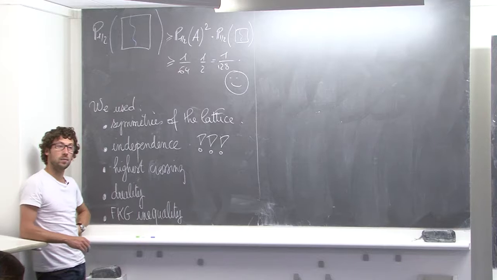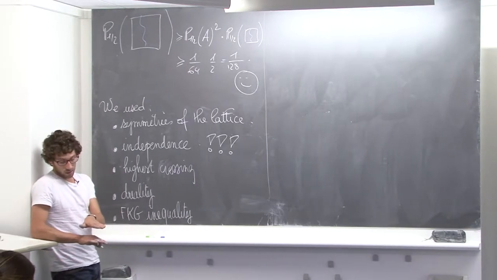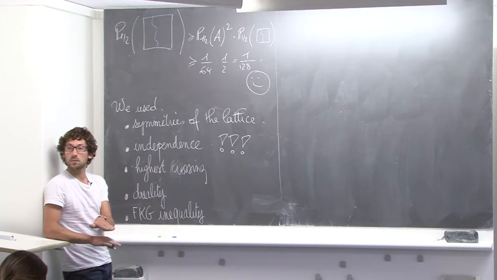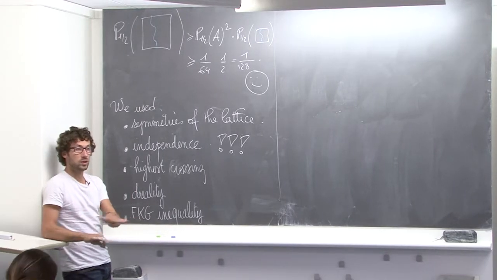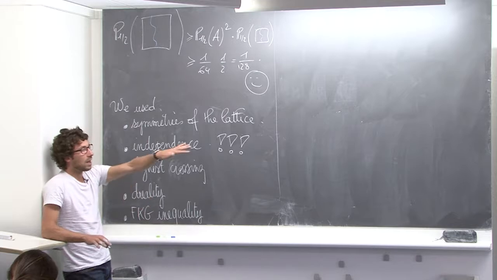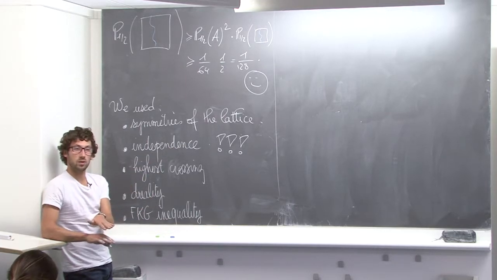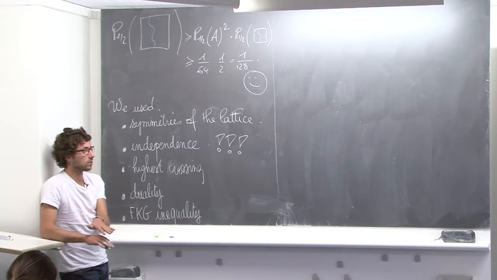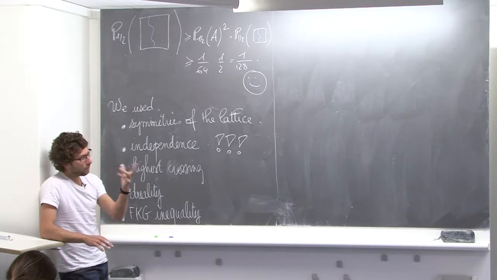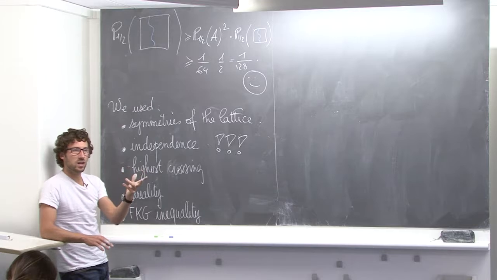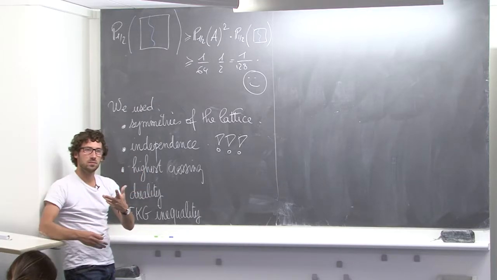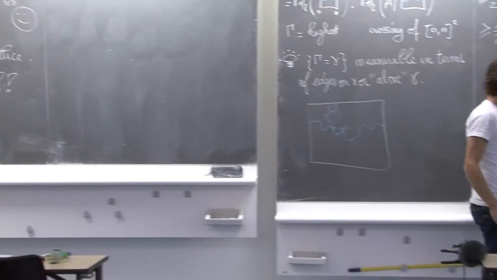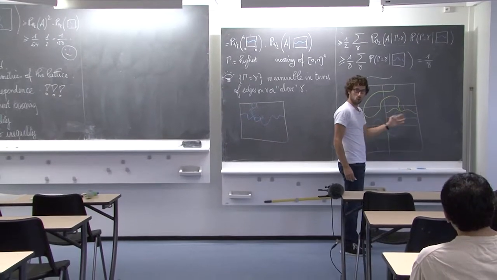Imagine you want to ask the same question on, say, a slab of height 2. Take Z2 times {0, 1}, two copies of Z2, and you just connect them like that. The same type of question becomes extremely intricate because you don't have this notion of highest most. It's like a path in 2D, it screens you from what is on the other side. If you are on this side, you don't really know what is on the other side of your open path.